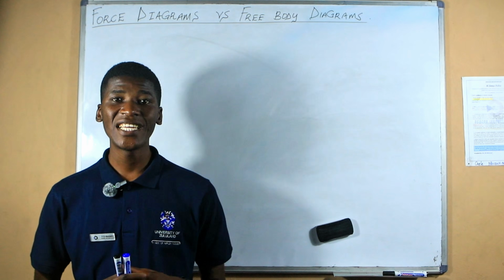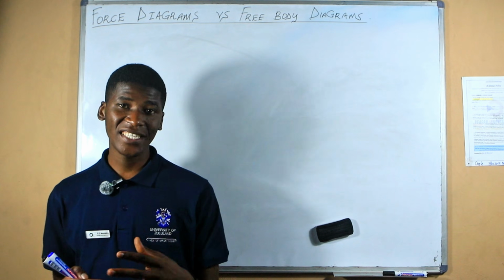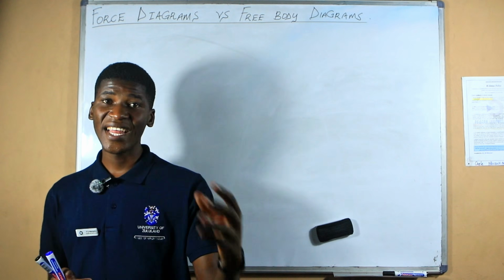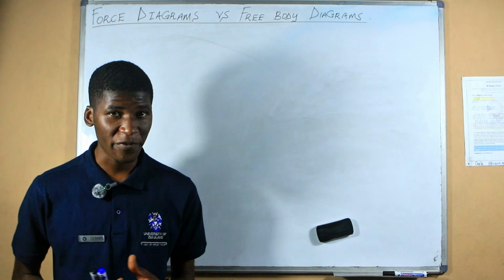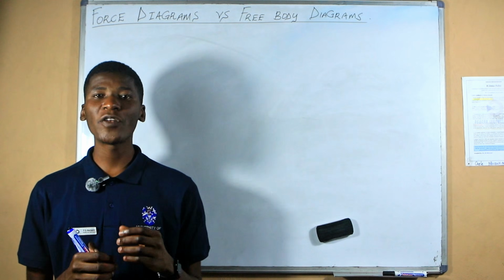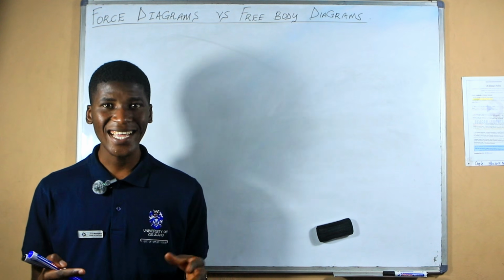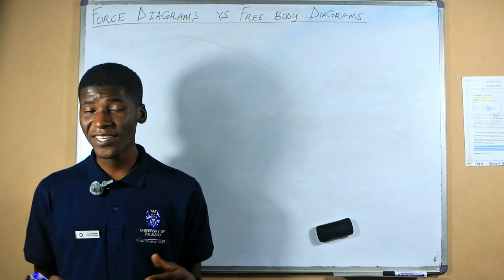In our previous video, we've been talking about forces. Just a brief introduction, we introduced what a force is and the vector nature of the force. We also talked about the different types of forces, such as non-contact forces as well as contact forces. In this video, we'll now be looking at the diagrams that we use in physics to represent the different types of forces acting on an object.